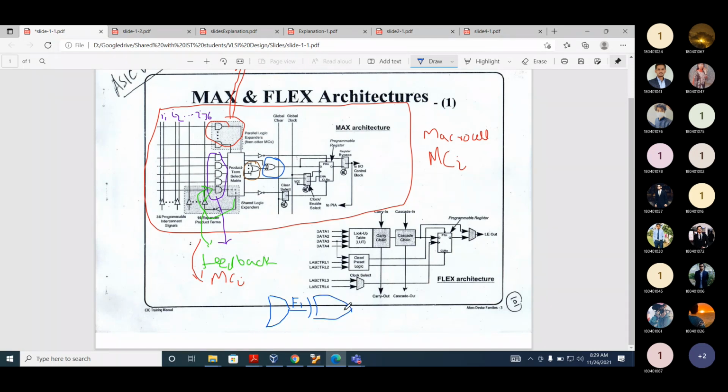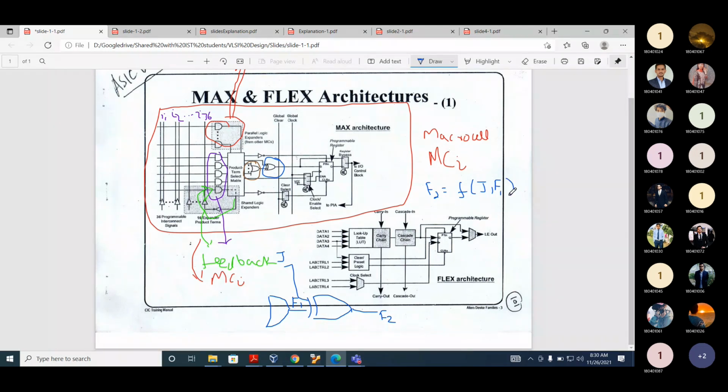And here, this input, where is it coming from? From the product term select logic. Let's assume this input is J. The output F2 is a function of J and F1.